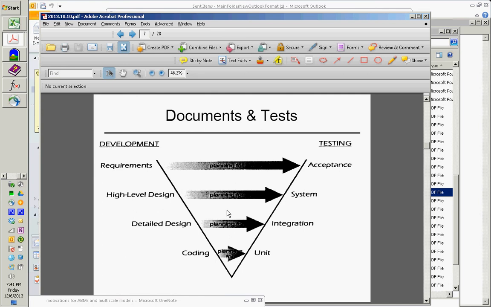I'd like you to know something, that there's this notion of stubbing that's useful to do